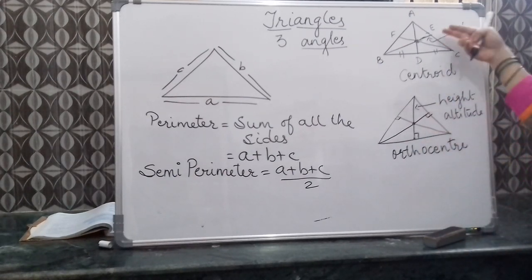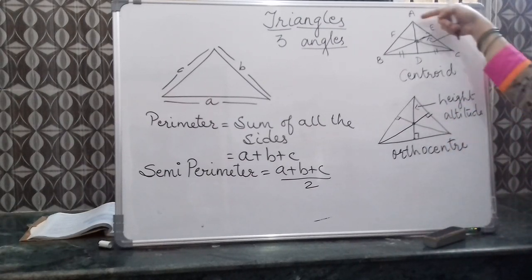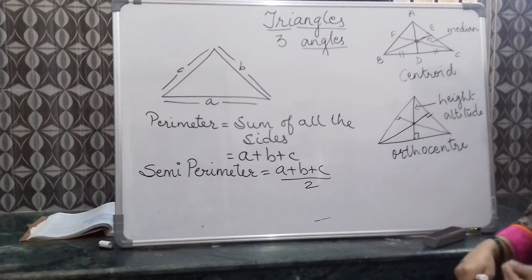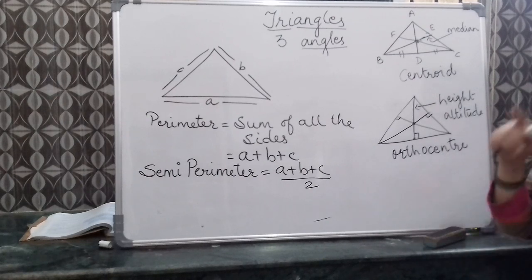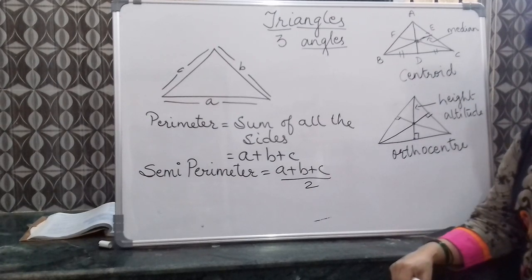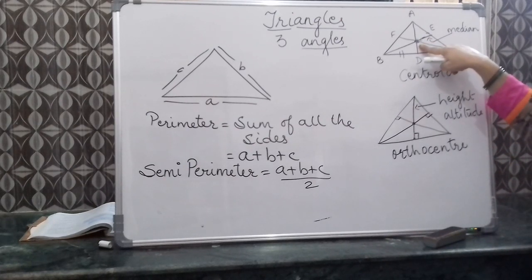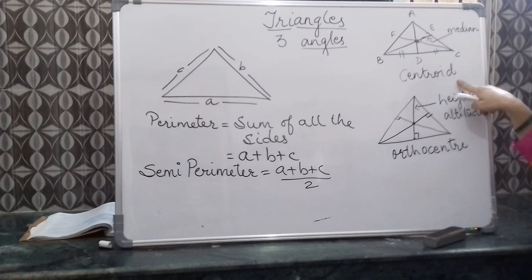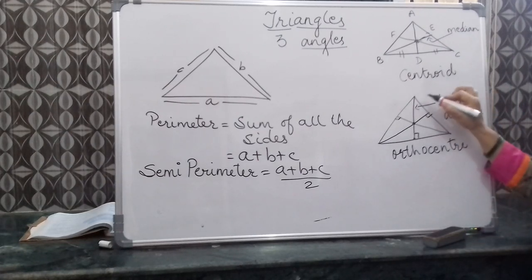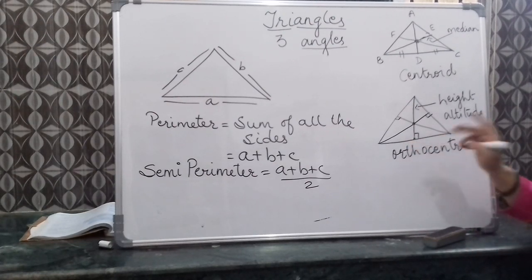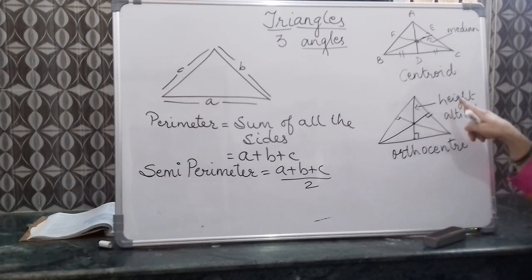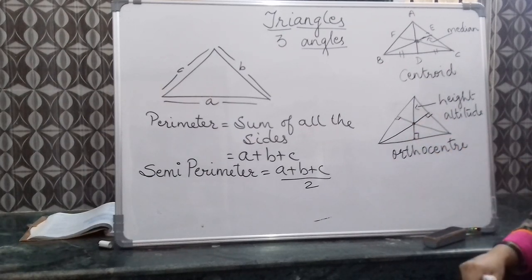Okay, so these are the 2 terms that are used in a triangle. A median is a line coming from the top vertex to the base of the triangle, or from a vertex to the opposite side of the triangle, dividing that particular side into equal halves. And the point at which all the 3 medians meet is known as the centroid of the triangle. At the same time, the height of a triangle also touches the base of the triangle, not necessarily dividing it into equal halves. The 3 heights of a triangle intersect at a point, which is named the orthocenter of the triangle.